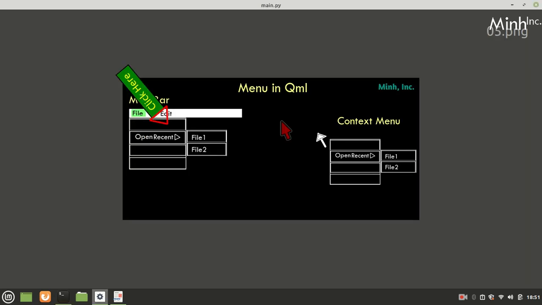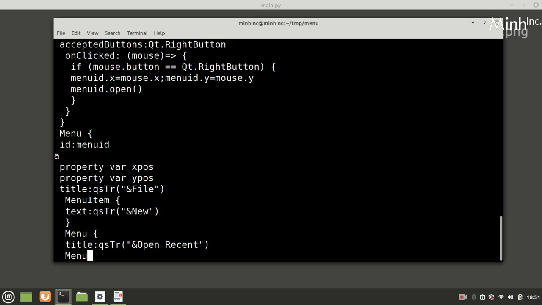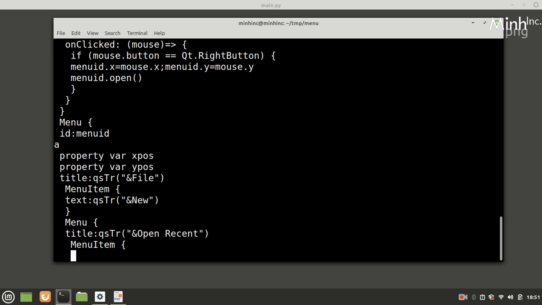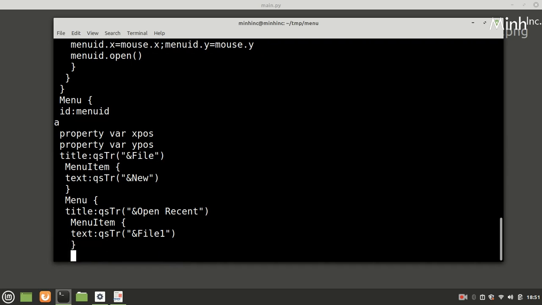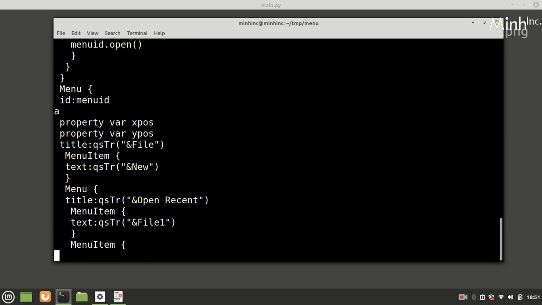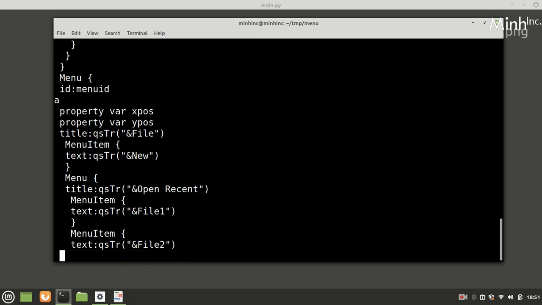This is what the design is, Open Recent, and it will have two menu items, File 1 and File 2. These are recent files.